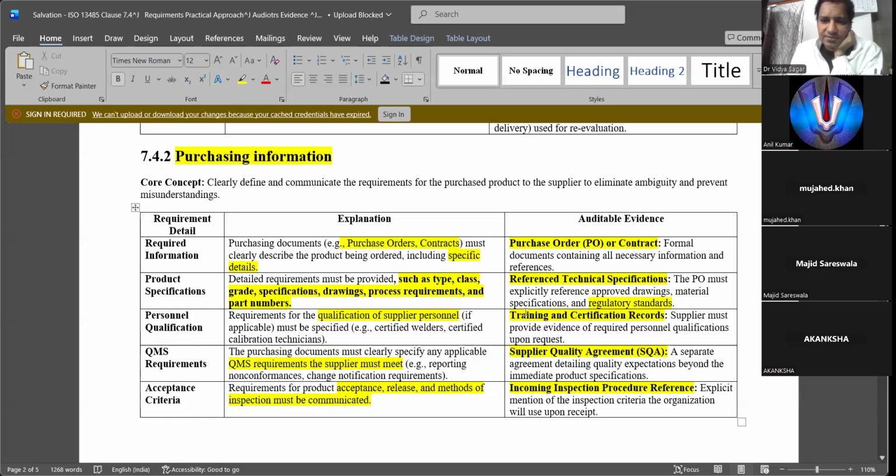You also look at training and certification records. Supplier must provide evidence of required personnel qualification upon request. This is basically for the outsourced ones, like calibration or biocompatibility or sterilization. You should know they are trained or competent to do it. I have seen in some places in Ahmedabad, not in every company, they come as daily wage laborers, not regular employees.